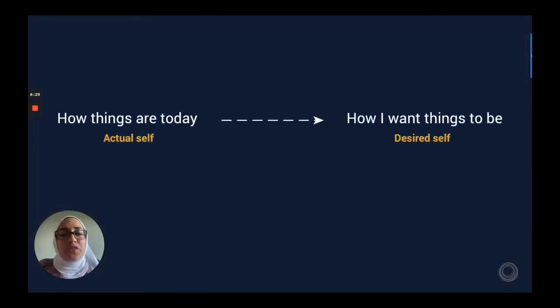So the way that I try to explain Jobs to be Done is that everything that you do in life, you want to make some sort of progress. So any product or service that you purchase helps you make that progress. So I buy a piece of clothing because I want to look better and I want to feel amazing, right? I have an actual self, how I feel today. I feel okay, normal, but I want to feel great, right? And so I buy that piece of clothing, the makeup I've been eyeing or that jewelry I've been eyeing.